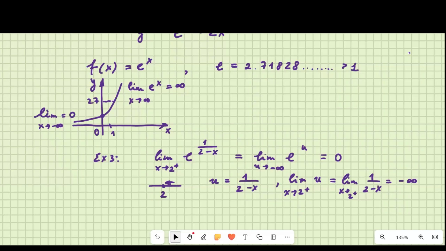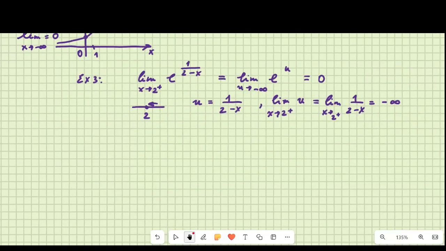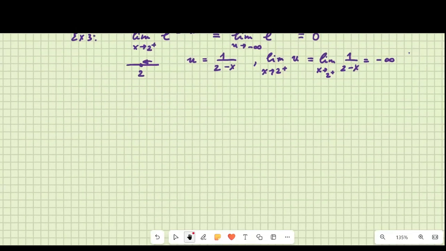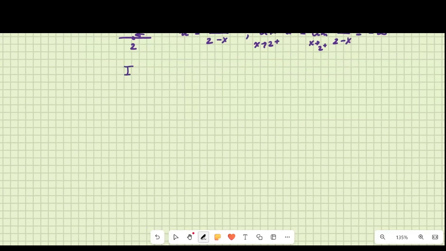Now, guys, let's talk a little bit about integration. And I think that's going to be all for today's lecture. Integration of e to the power of x. Yeah, guys, we're not going to integrate actually any base to the power of x. We are specifically going to integrate e to the power of x because we still don't know what the derivatives are of any other base besides e.